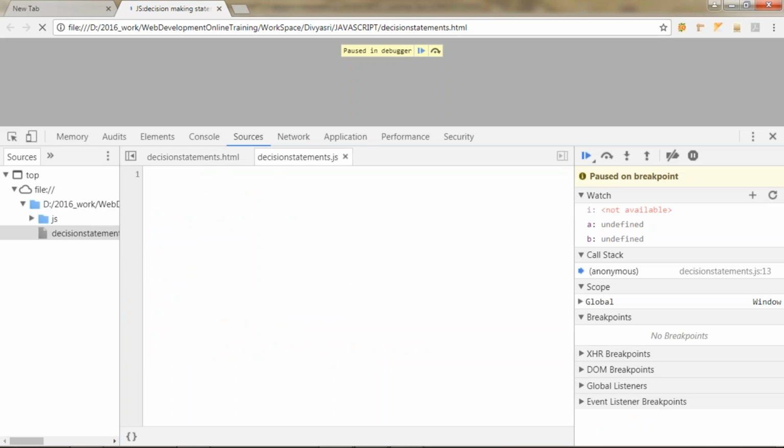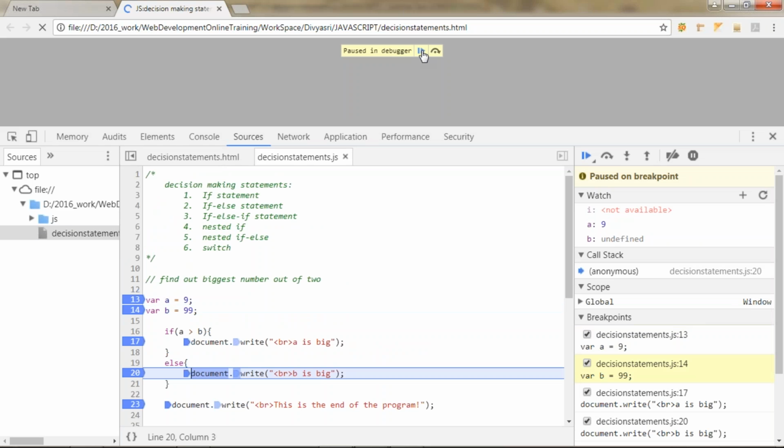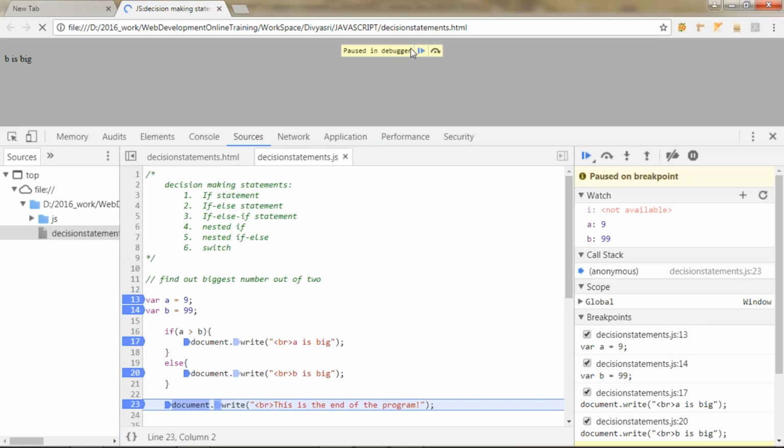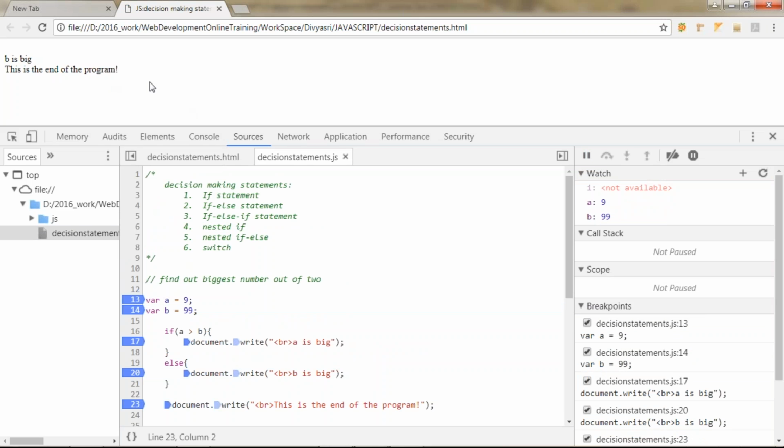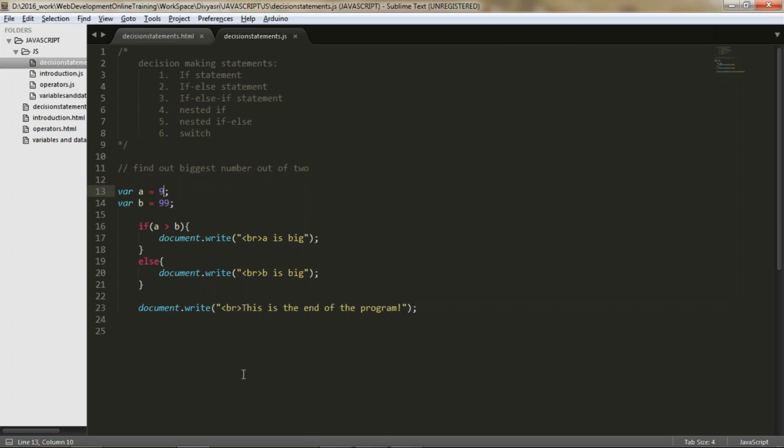I'll refresh the page again. See, one more time I got B is big, right? That is the if else statement. Got it? The next one is, I want to find out something like,